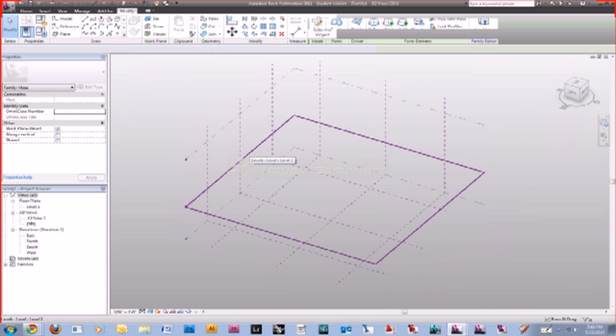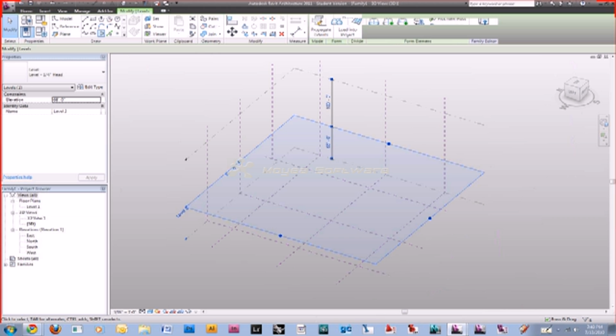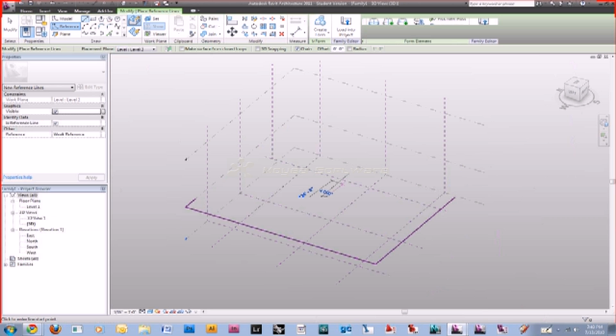Always remember to select what reference plane you want to draw on, or else it'll just default to who knows which reference plane. I'm going to want this one to be at the bottom here. I don't know, let me put it in the center. So let me select the center plane first, click that. Always click the plane you want and then start sketching. Now I'm going to start by putting in a reference line. This reference line is what gives you that center axis for the revolve. So I click the reference line here, and then I just draw a straight line up and down to act as our center point for the revolve,